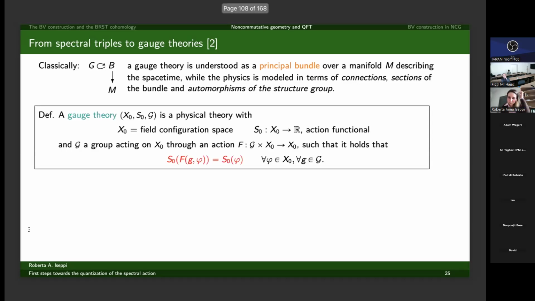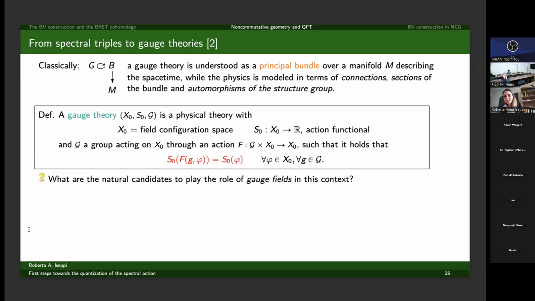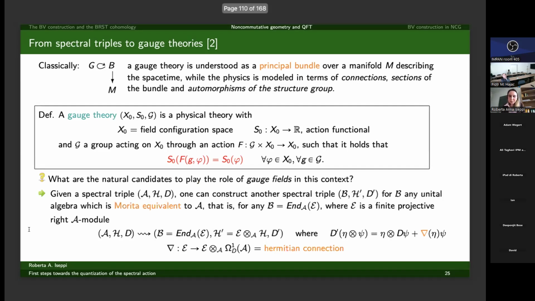But as we said at the beginning, for me, I don't need to have all this bundle structure, also because I actually don't have it. So I'm reducing the notion to its essence of having something with some invariance. And then what can be a natural candidate to play the role of a gauge field in this context? So we have a spectral triple,